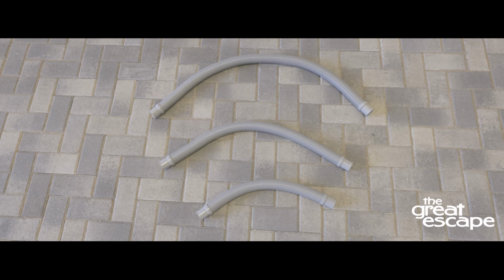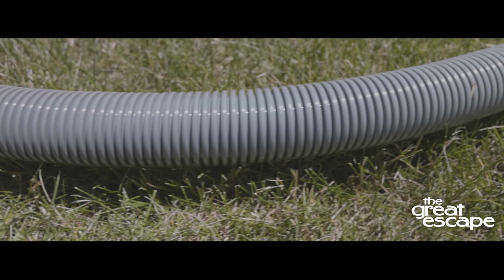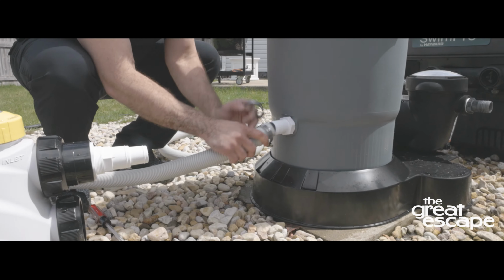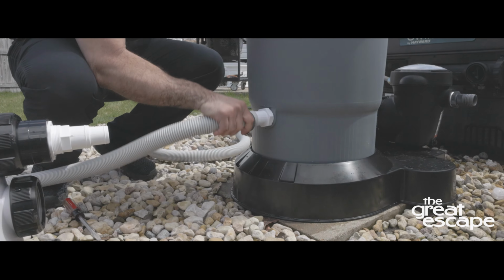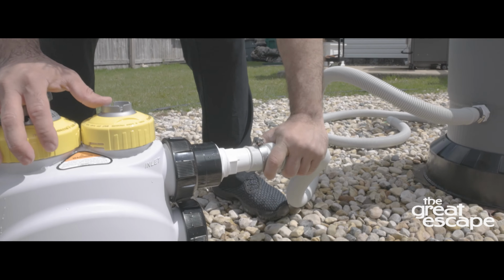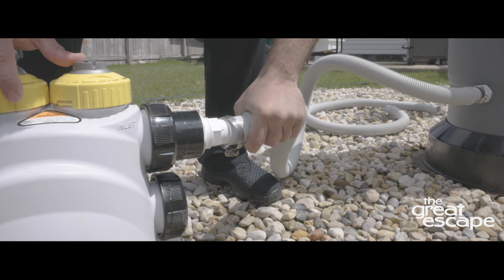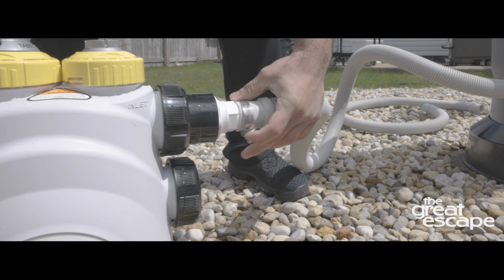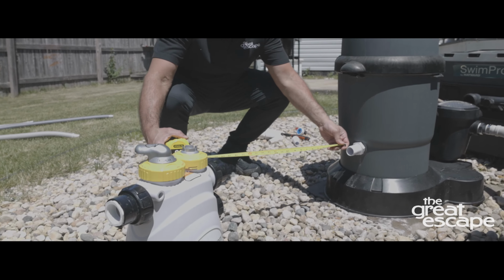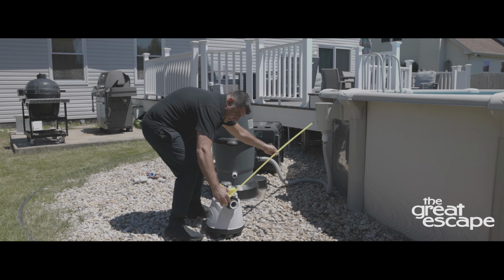Hoses come in multiple lengths and diameters with lots of flexibility to adjust and replace. If you need to change or add a hose to your filtration system, this guide will help you do so in just a few easy steps. Generally, most pool connections take a 6-foot long by 1.5 inch diameter hose. If you want to be sure, you can measure the distance between your equipment pieces to determine the right hose